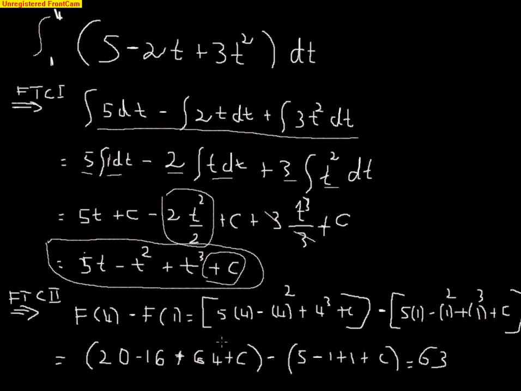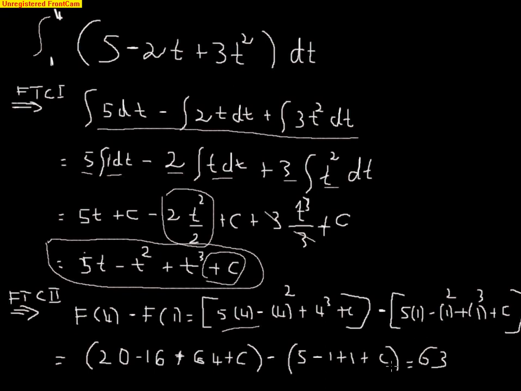Okay, so if you evaluate, you would get 5. You replace t with 4, and right here same thing, and you do the same thing for big F of 1. You would replace t with 1 in the whole function. So 5 times 4, 4 squared is 16, plus 4 cubed, that's 64, plus the constant, minus 5 multiplied by 1 is just 5, 1 squared is 1, 1 cubed is just 1,